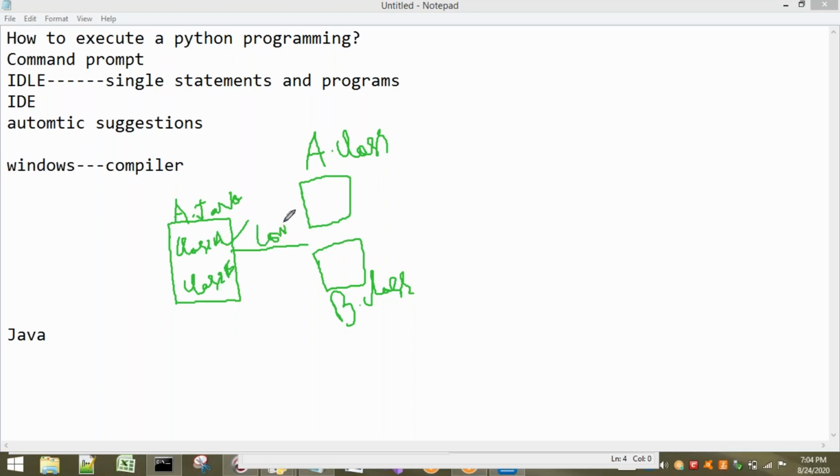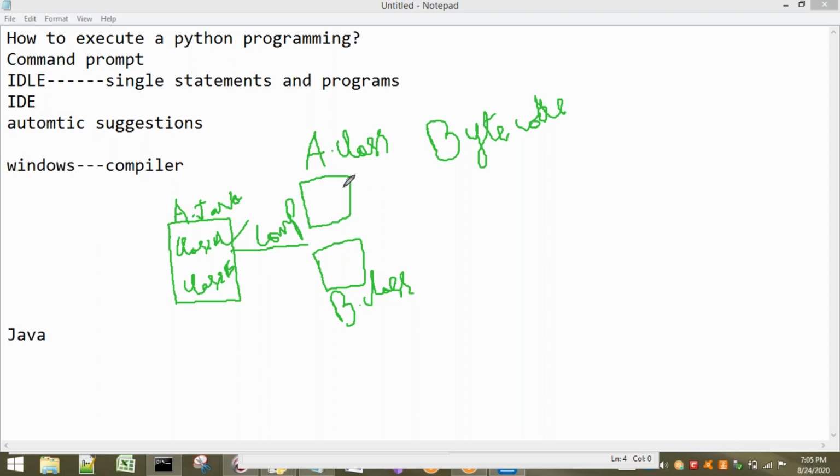So after writing the source code, if you compile, in this case we get two class files: one is A.class, the second is B.class. A very important thing to observe here: whatever code is present inside A.class is called bytecode. In Java, this bytecode plays a major role. This bytecode makes our Java platform independent, so we have to remember bytecode. In Python also we have the concept of bytecode. I will explain what is meant by bytecode.